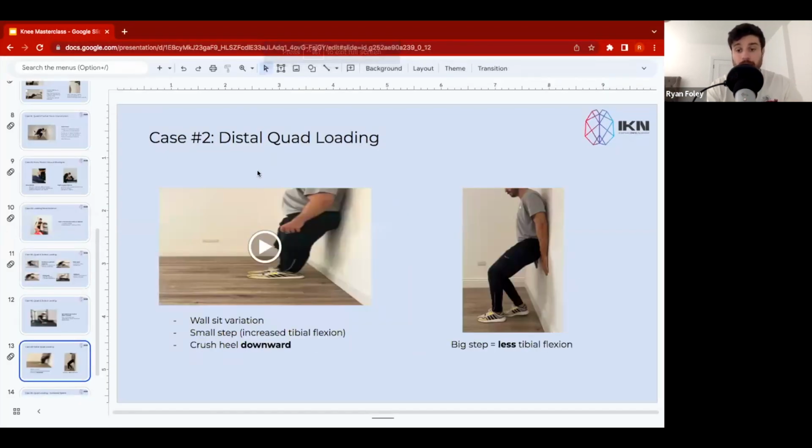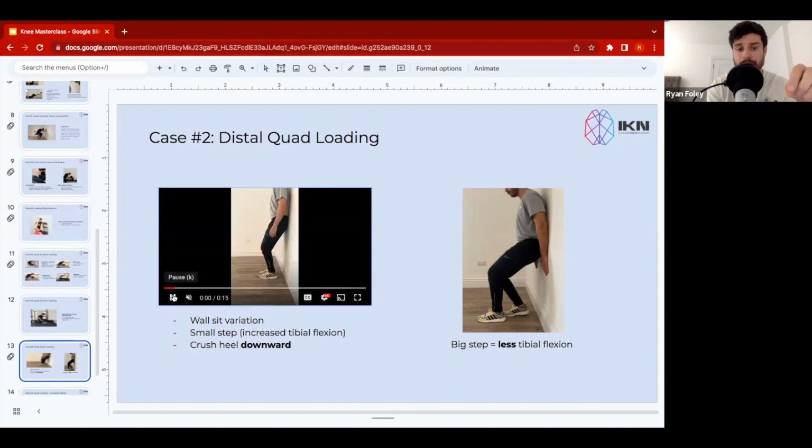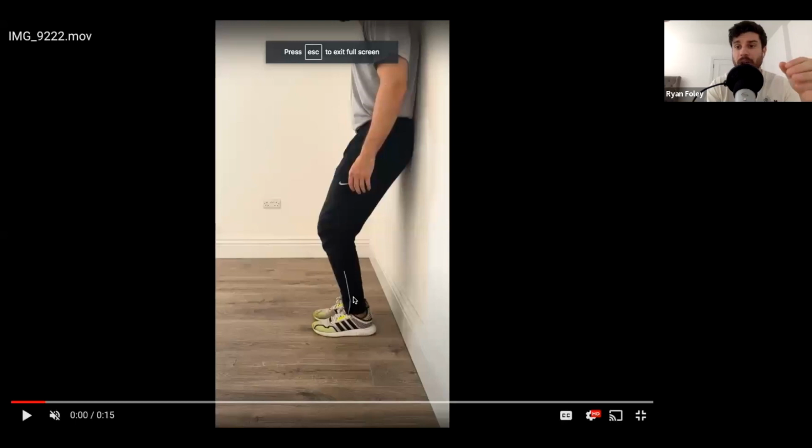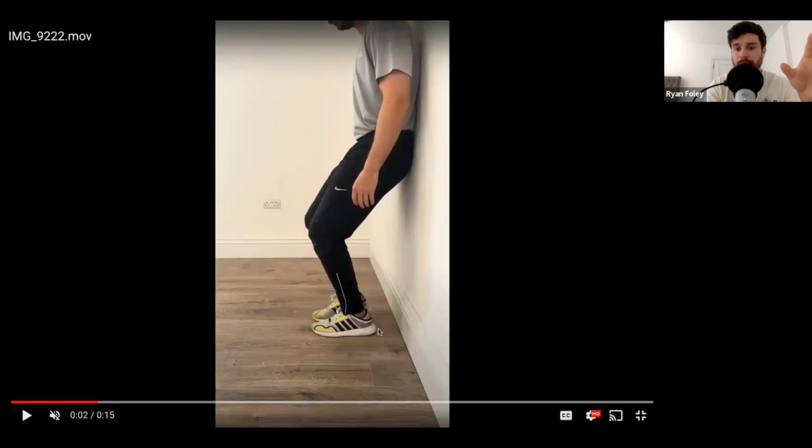In this video here and this picture here, you're going to see a lot more concentration of load into the distal quadricep with this wall sit variation. This one really allows us to reduce any contribution from the hip and from the femur, because what we're doing is sliding down and keeping the heel about half a foot away from the wall. When we have a small step with the foot,